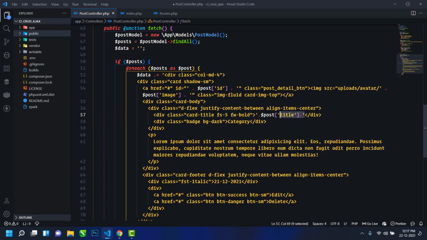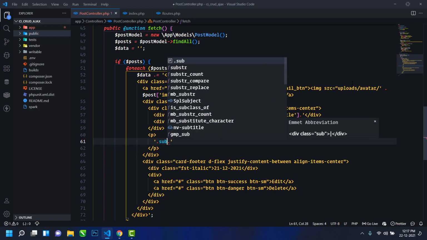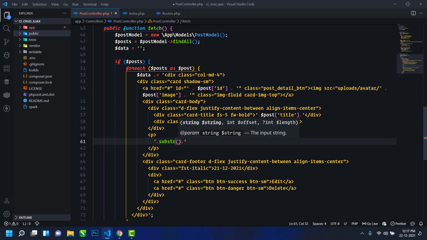Okay, just copy this one, and in category just remove, and here just write category. Okay, and here in post body what I will do is just remove this, and here I will use the substr method of PHP to limit the characters of the string.